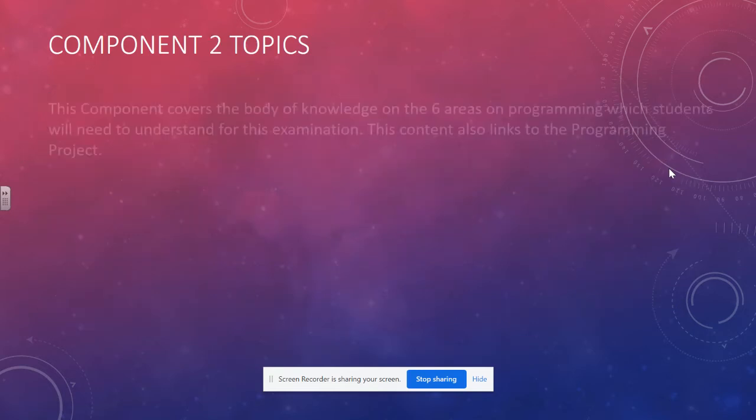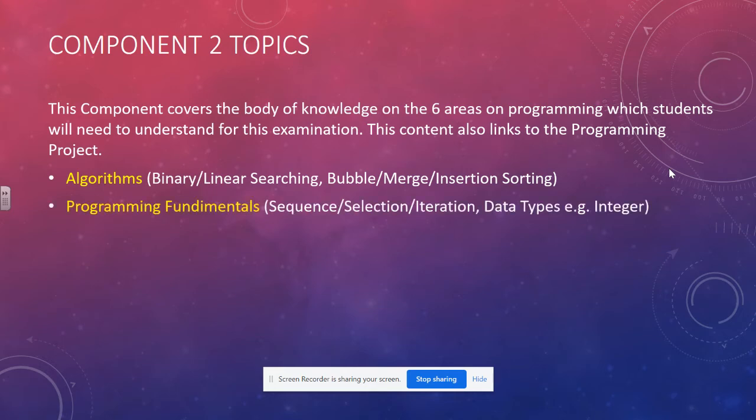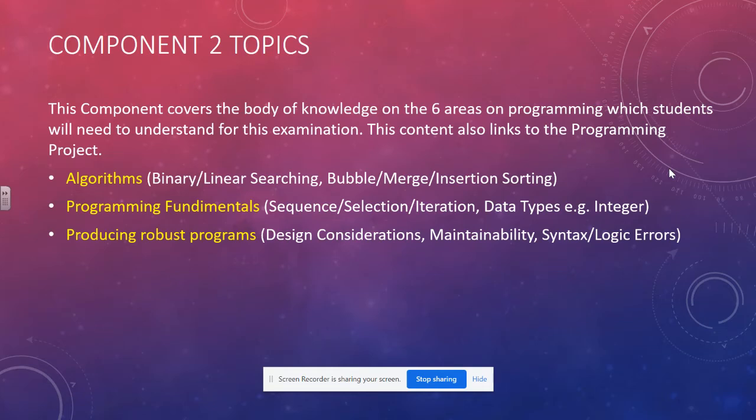The second component, here are the topics and the units. So we've got algorithms: we look at binary and linear searching, and we look at sorting algorithms as well. Programming: we look at the theory of programming, so sequence, selection and iteration, and data types. Producing robust programs and ensuring that a program is maintainable, and the design considerations of a program. We look at